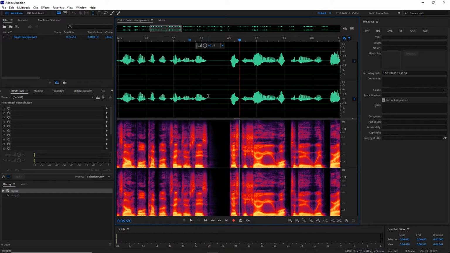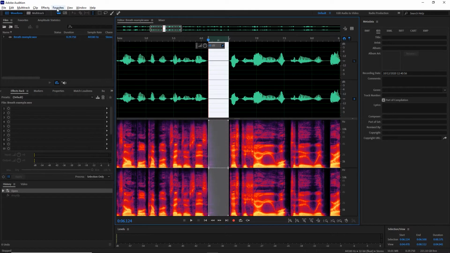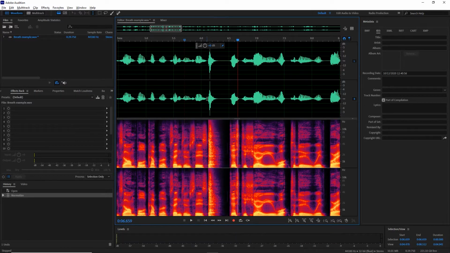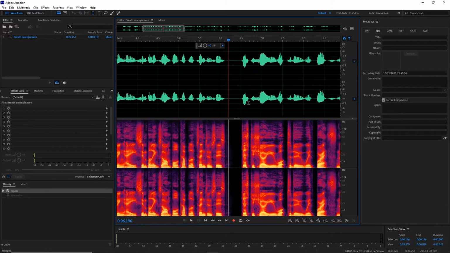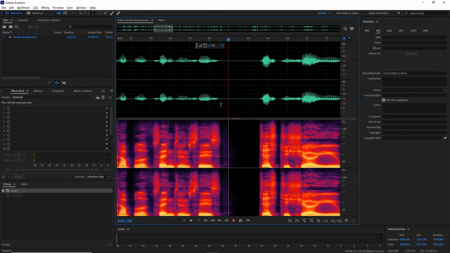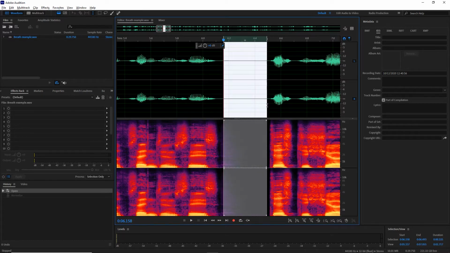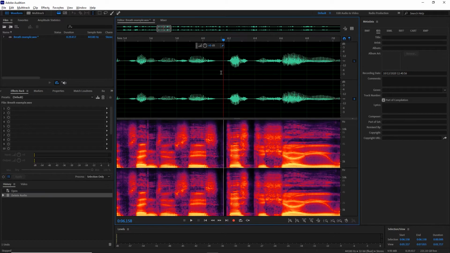Just if I go in here and select just this bit, favorites, normalize, there is the breath. You can see it now. That's an unpleasant breath now. That's not too bad. Again, you've got two options. You can either go in, as I say, and just delete it like that by getting rid of the audio by turning it down. You can then eradicate any sound or delete it altogether.